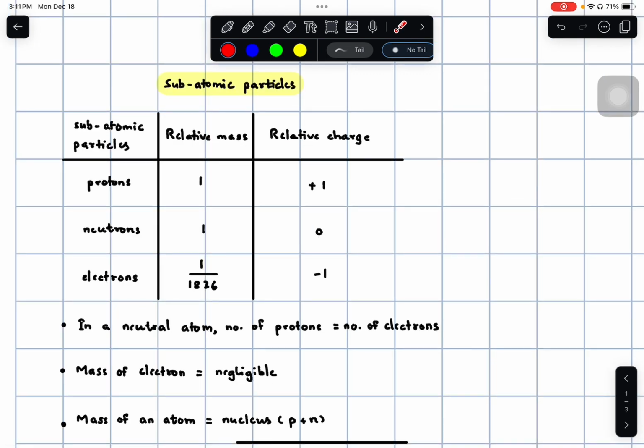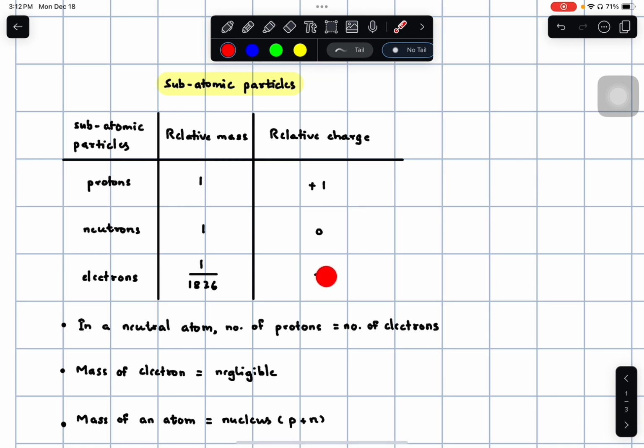Subatomic particles. We already learned that there are three particles that exist in an atom: protons, neutrons, and electrons. Those are called subatomic particles. You've probably learned this in IGCSE, but you still need this knowledge. A proton has a relative mass of 1 and a relative charge of +1. A neutron has a relative mass of 1 and no charge, it's neutral. And electrons are the lightest subatomic particle, which you can see is very small, and it has a relative charge